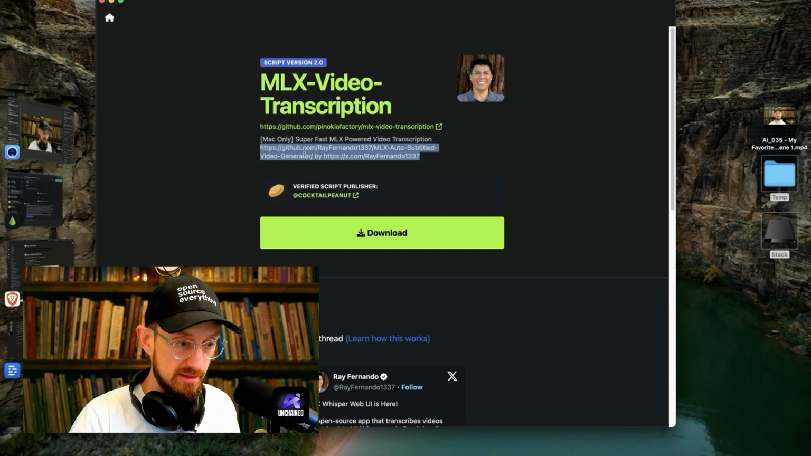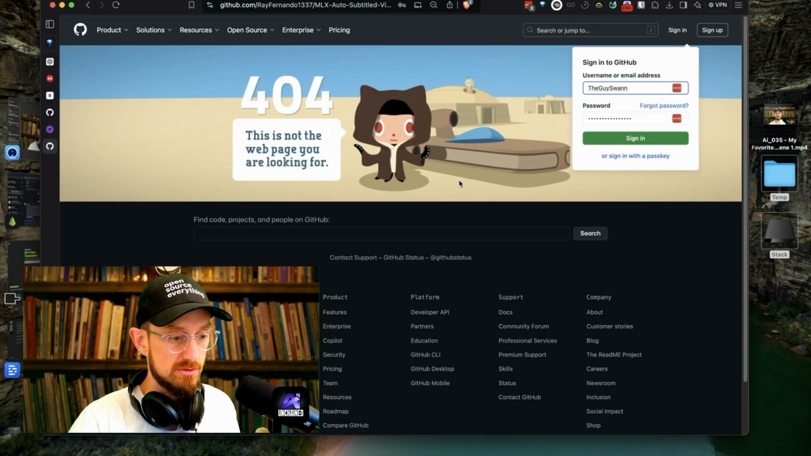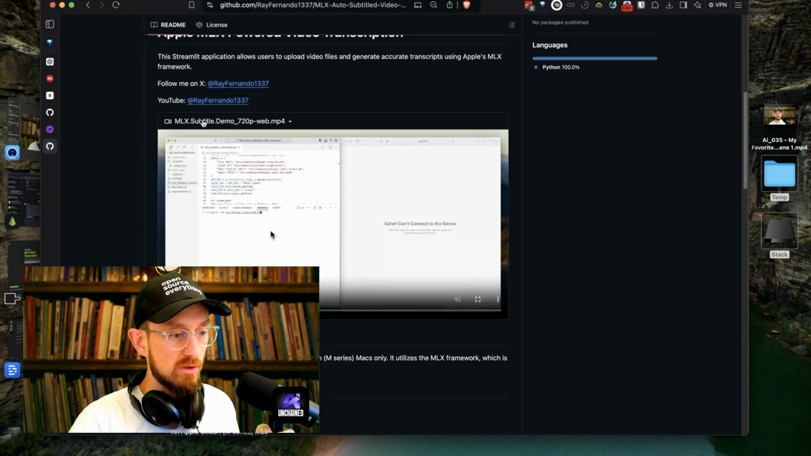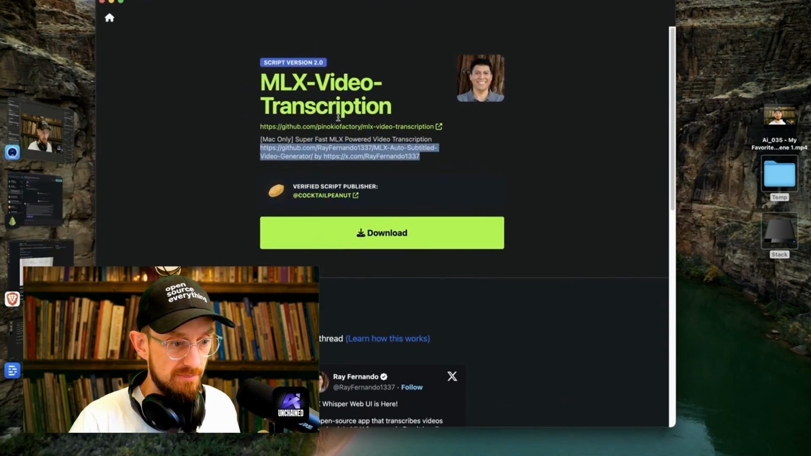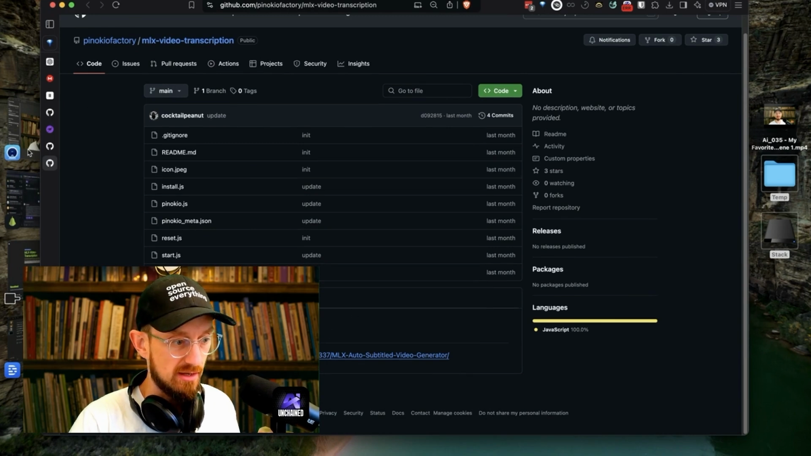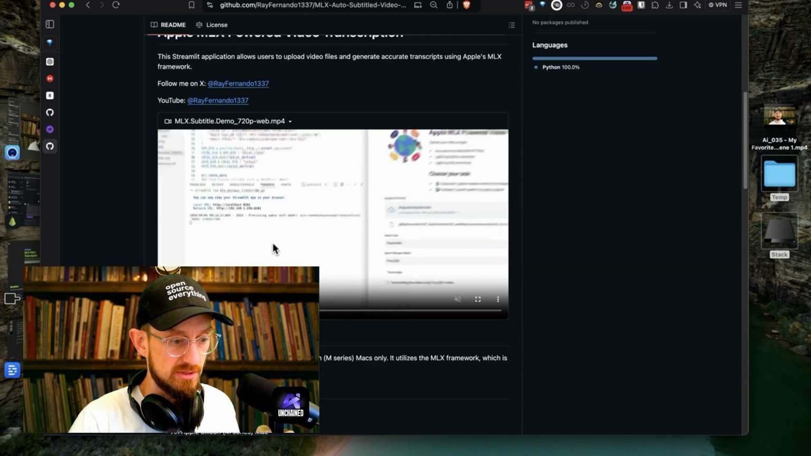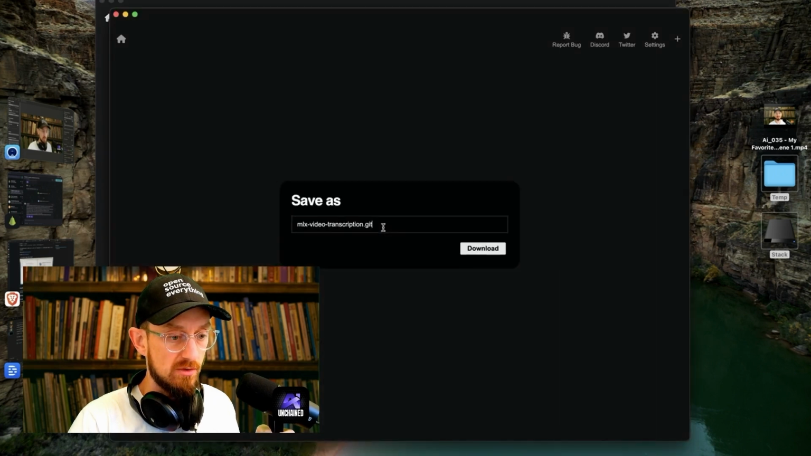But there's always a link here to the GitHub, so that if you want to explore it, I'll just go here and we will paste it in just so you can see. So Apple MLX powered video transcription. If you want to learn more about the app itself rather than the package for Pinocchio, which is this link right here, GitHub Pinocchio Factory video transcription, this might even be useful in some way, but most of the time it doesn't have much for details. So if you're trying to learn more about the tool, this is going to be the place you go. It's the original GitHub link that is in the description. But right now, we just want to download this,